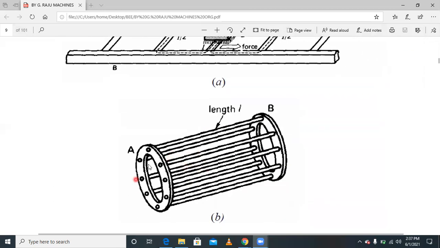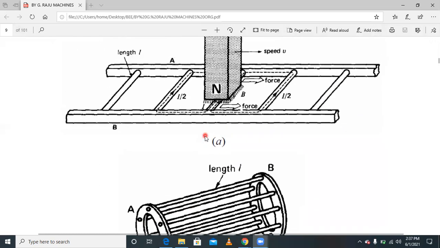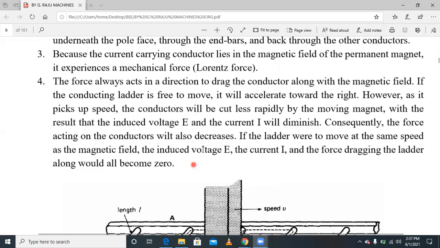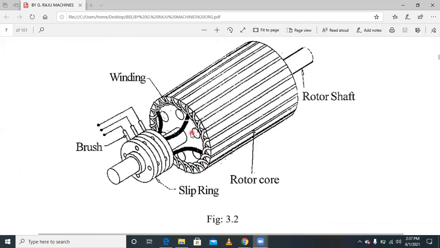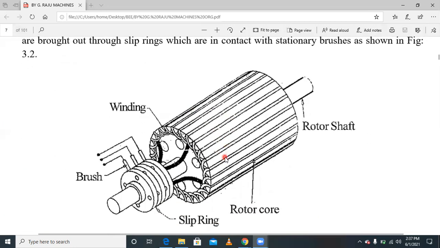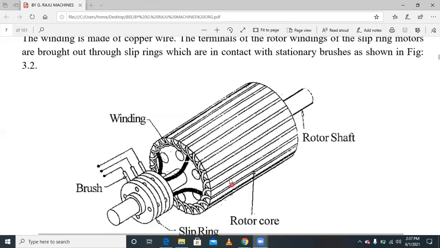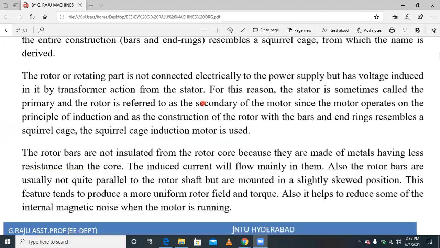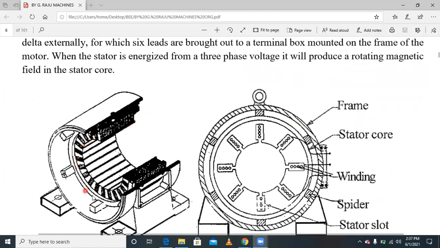This is the principle of operation of the induction motor. Try to consider, nothing is a simple concept. This is called the rotor, and it is placed here. This is also a rotor, called the slip ring rotor. The previous one is the squirrel cage induction motor, with a squirrel cage rotor. This is called the slip ring rotor. It is placed here. This is called the stator. This is also the stator. Here in the middle, the rotor is placed.